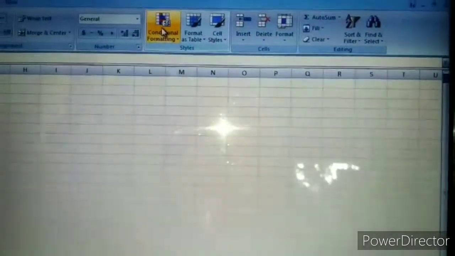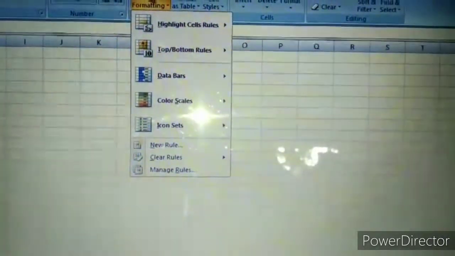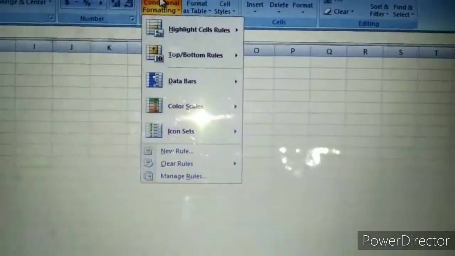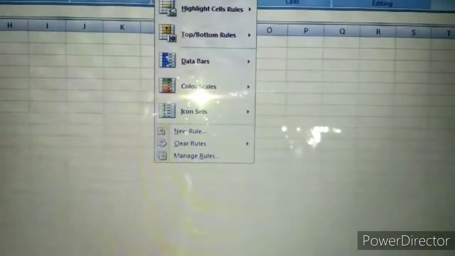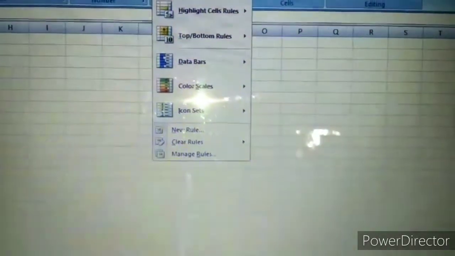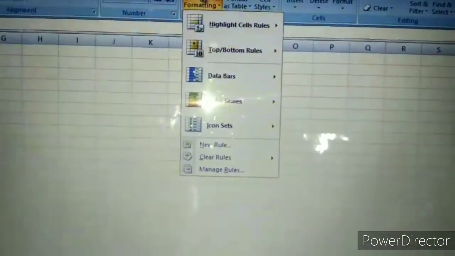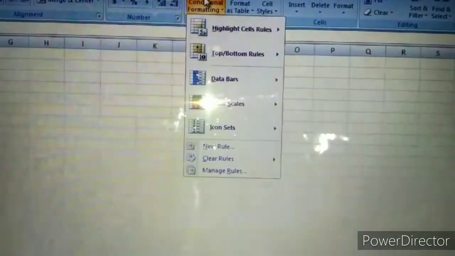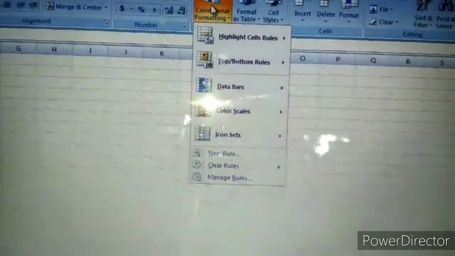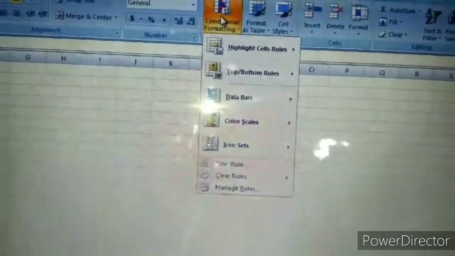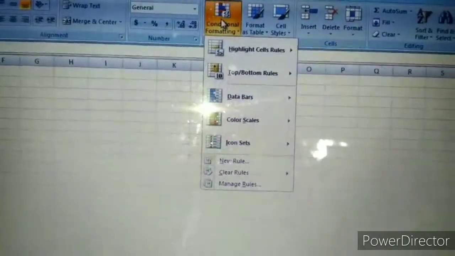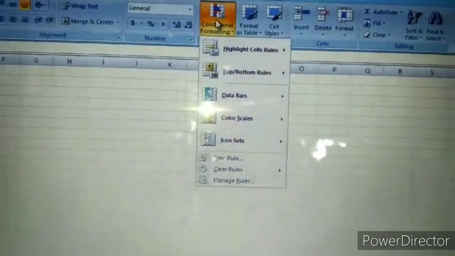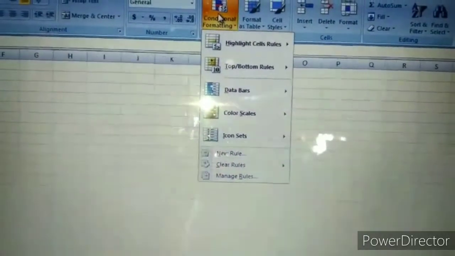Okay, you see here, if we click on this, options are given: highlight cell rules, top/bottom rules, data bars, color scales, etc. A conditional formatting rule might be: if the value is less than 2000 and our spreadsheet is very large, then we apply this conditional formatting and easily we get our data.